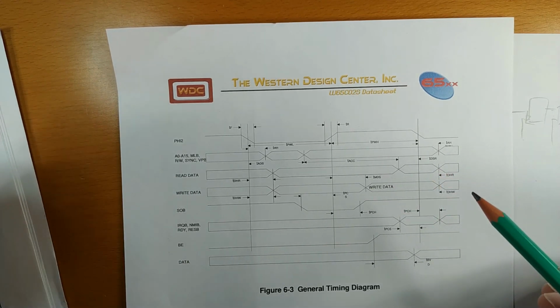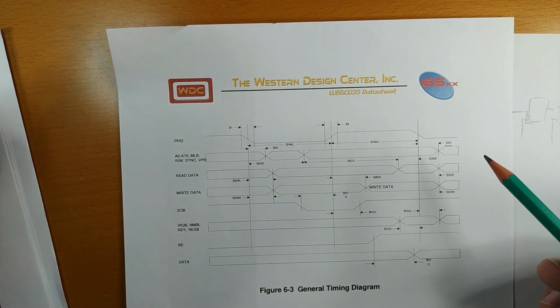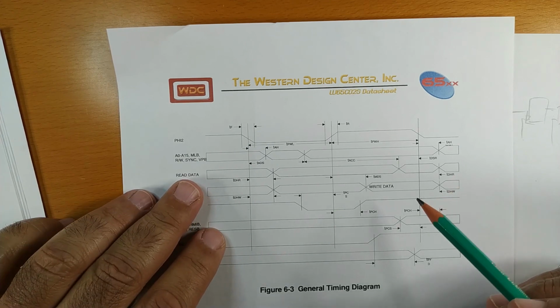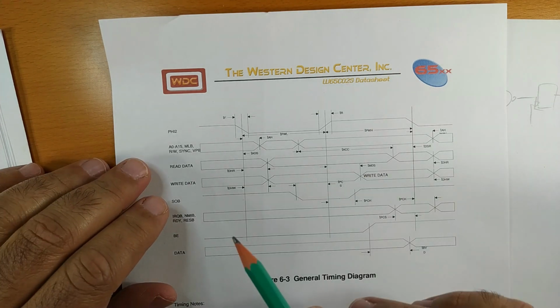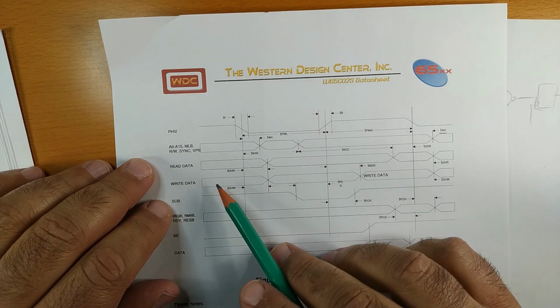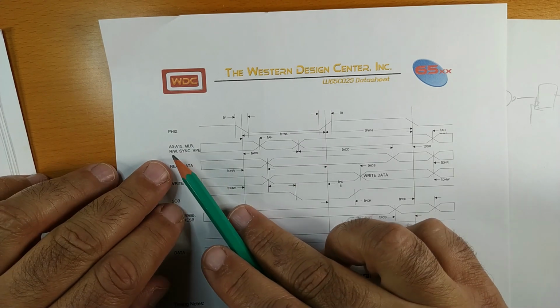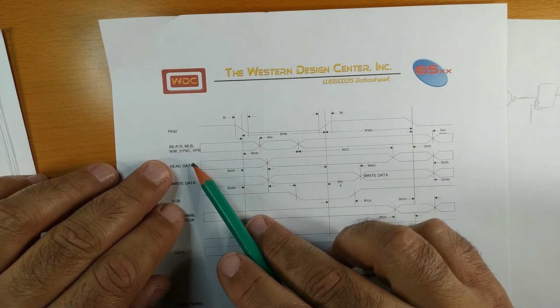Now, the timing diagram is a contract. It tells us what we commit to, what the manufacturer promises will happen. The first thing we need to ask is who is bound by that contract? And the way to answer this question is to look at the pins for which the contract applies.